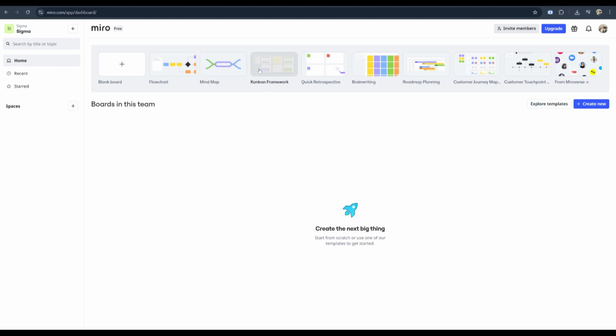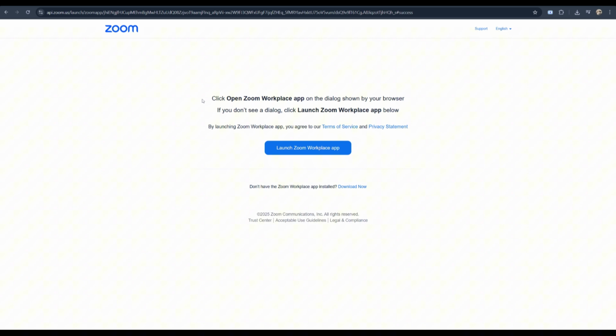Step 4. You can now access your Miro boards anytime during a Zoom session and work together in real time